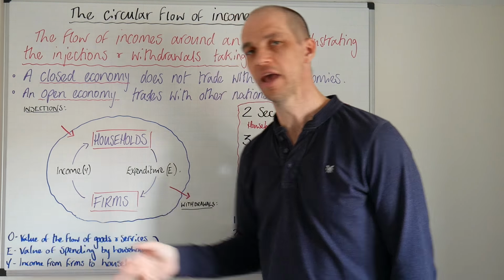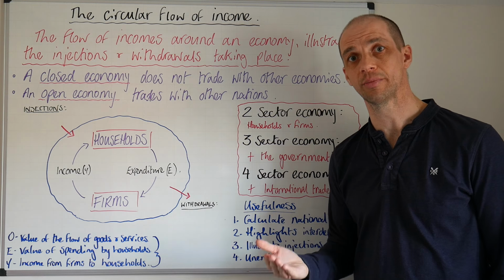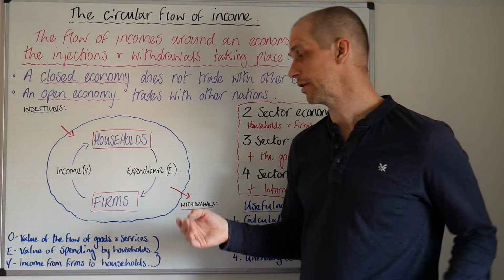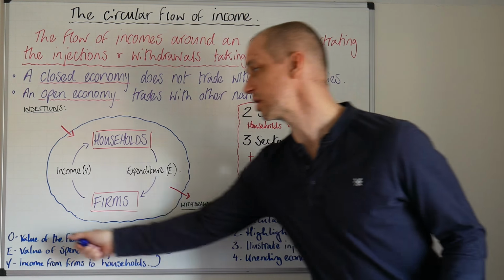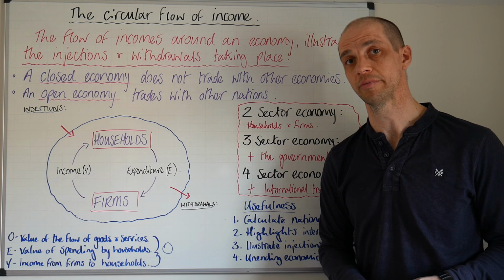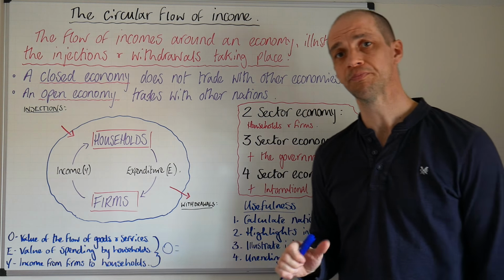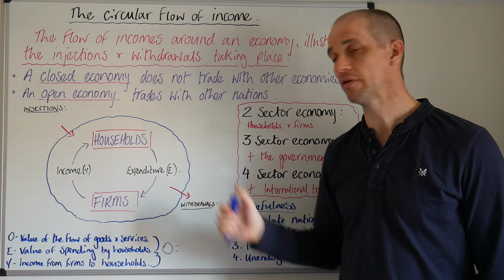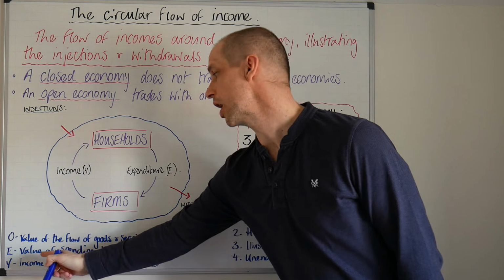Well, firstly, it helps us to understand O, and that is the national economic output that is generated. Okay, so if I just represent O there, we can see the value of the flow of goods and services in our economy. So O will therefore equal the level of expenditure, okay, that is actually conducted,